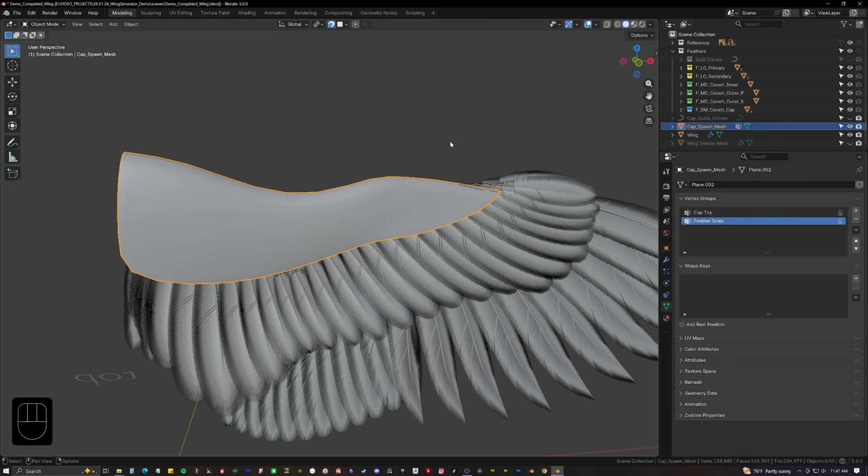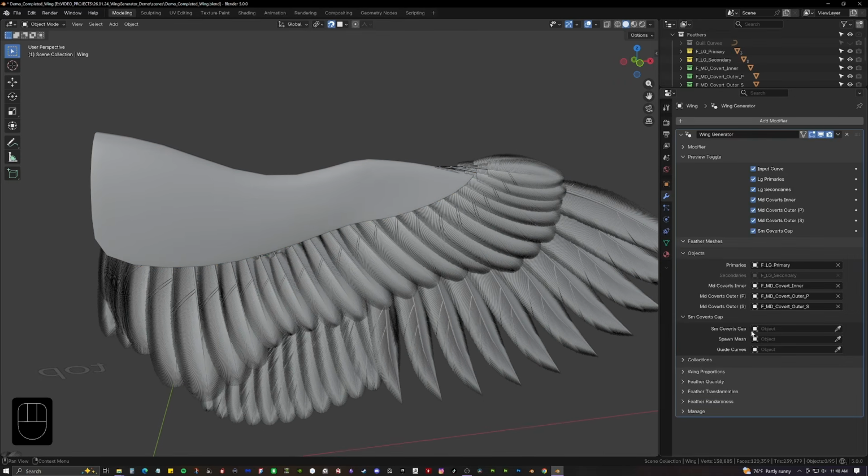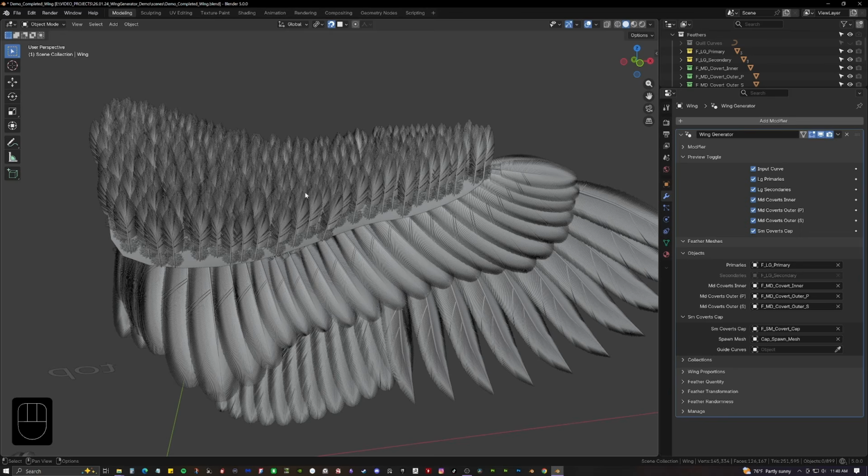Before we do that, I will just show you what happens if you don't have the directional guide curves. Okay, so here we are back to our object section in the modifier, and I am going to add the feather object for the small coverts. And then I am going to add the spawn mesh where I want the feathers to come from. And now we can see that we have feathers spawning on top of our mesh, but they're not really facing